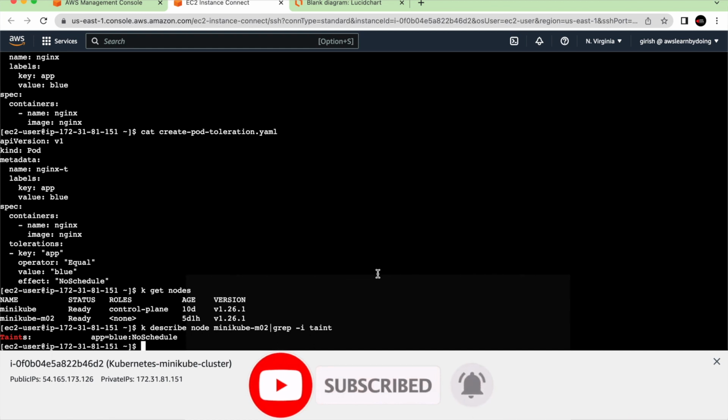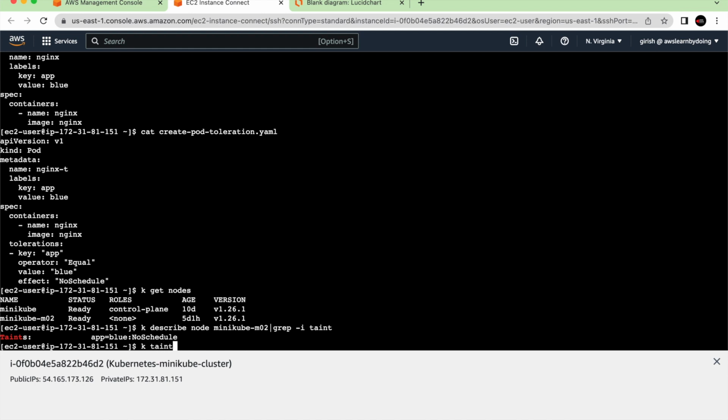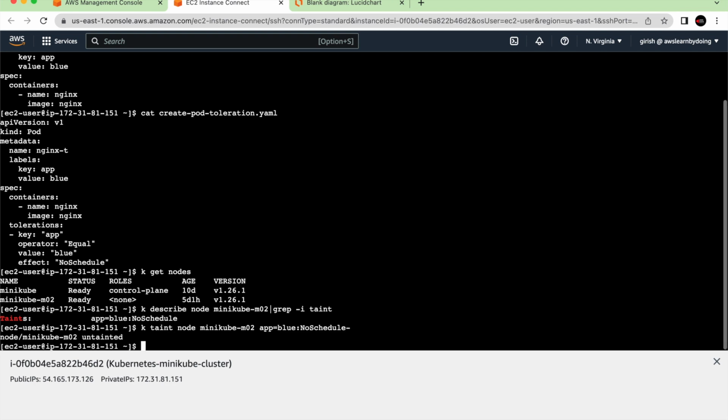But let me show you, even as part of this, you can understand how to delete a taint from the node. So for now you can see the taint is added to the node, but I'll remove that. Taint node, kube, and then I'll just give this complete taint and just minus. If you see, it says untainted. You can just remember this, when you create a taint, you will create it with this command,